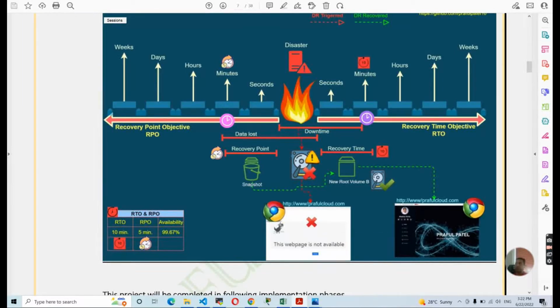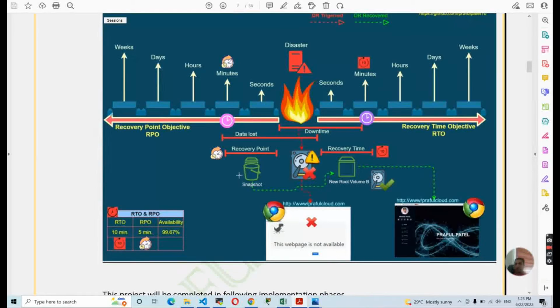Okay, and now we have only 10 minutes of recovery time, 5 minutes of recovery point RPO, and now we have our snapshot available, the previous snapshot, so during the downtime of 10 minutes through this snapshot we will restore this snapshot and the volume will be created again itself, and the root volume will be working, functioning correctly, and then the user will be able to access this web application correctly again. The system will be up and running. Okay,